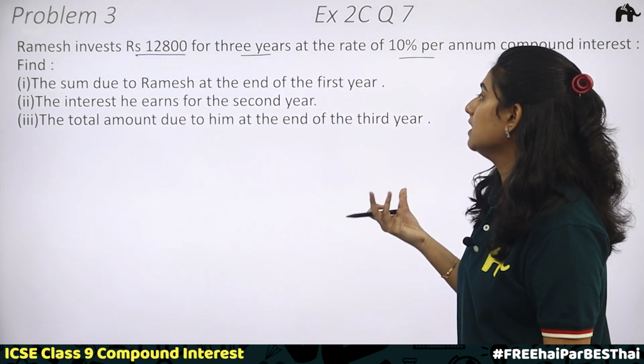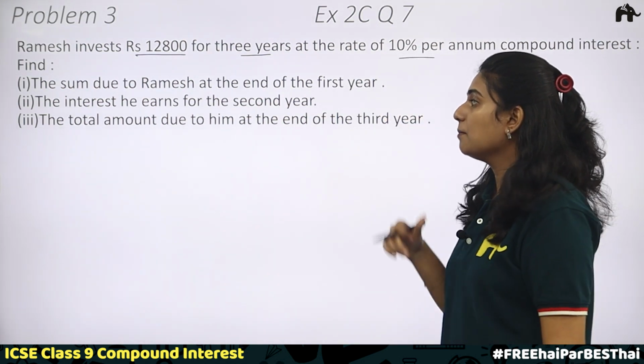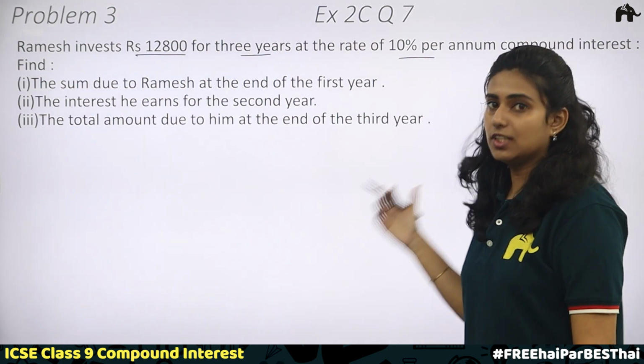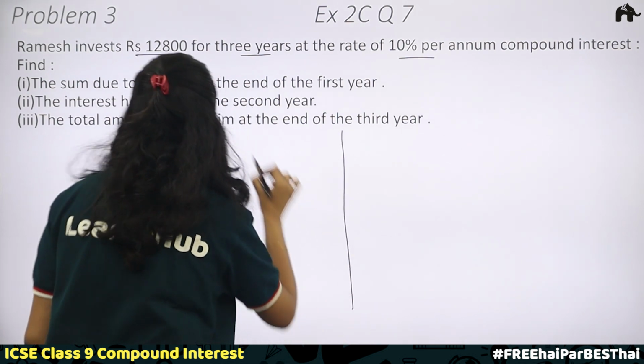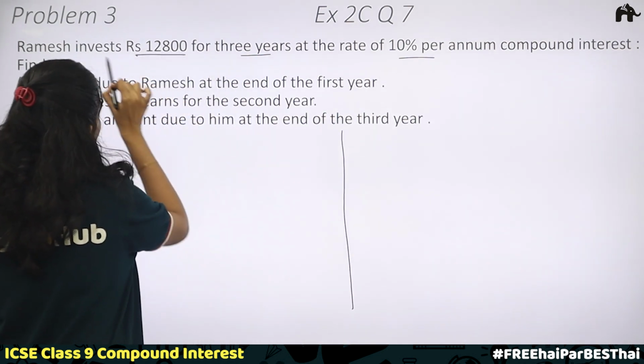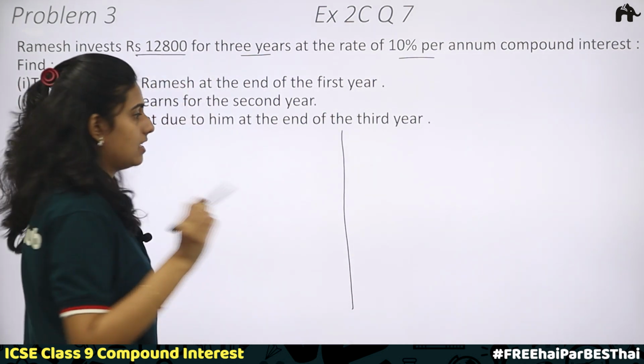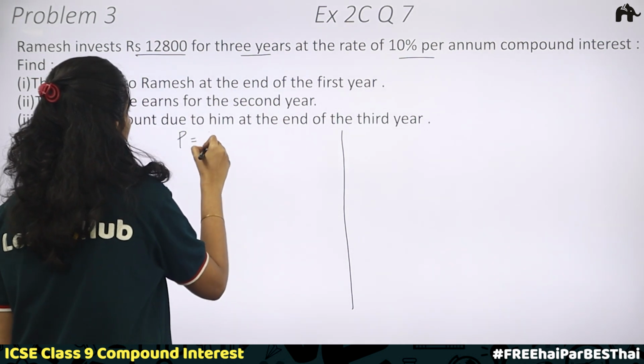Second part, the interest he earns for the second year. And third, the total amount due to him at the end of third year. So, we will find the first part. Given: first, write the given quantities. Here we have Ramesh invests rupees 12,800, which means the principal is rupees